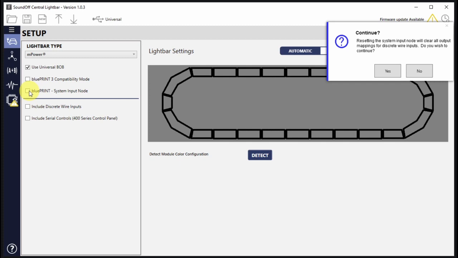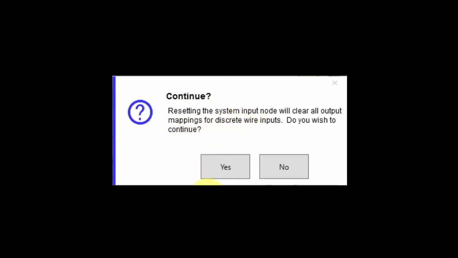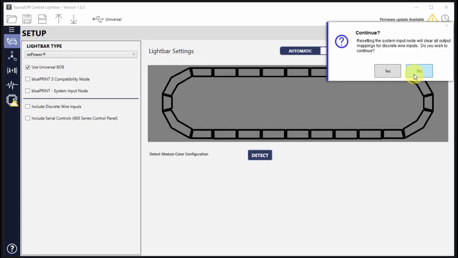for the system. Now, when we do check this on, you're going to get this warning up here, and it's basically saying, hey, it's going to reset all the inputs to have no mappings to them. Are you sure you want to continue? You would click yes, and it's going to clear all the input mapping out. Now I'm going to go ahead and click no, just so we can go in and talk about different areas